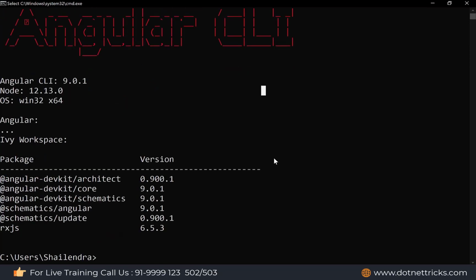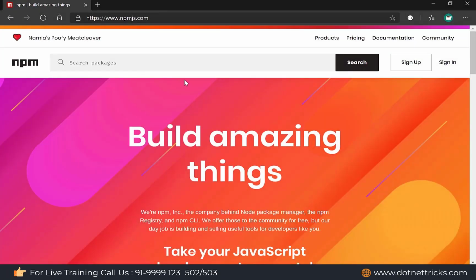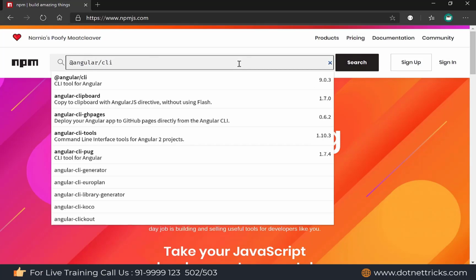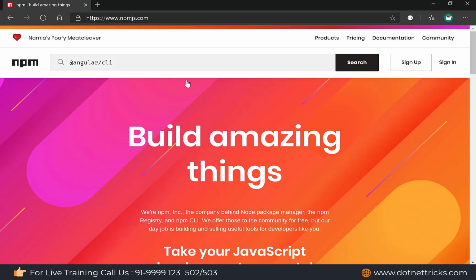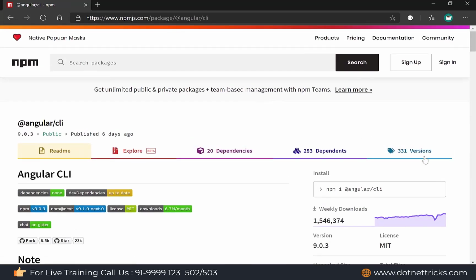So how can we create an older version project here? I will show you the simple way, with the latest CLI. If you are willing to create an older version of an Angular application, how can it be created? But before that, you should understand what the various releases of Angular CLI are. So just go to npmjs.com and open the Angular CLI package. This is the package available on npmjs.com, and in this package we have the releases.